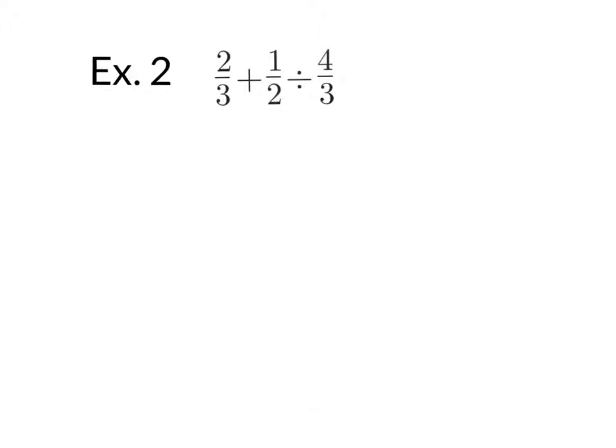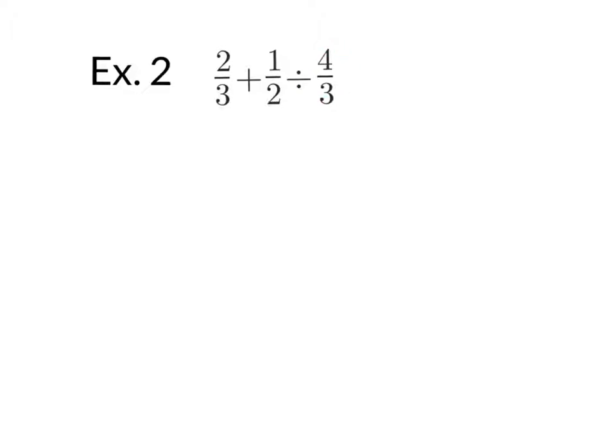In example 2, you'll see that we have a choice between addition and division, and given that choice, we would do any multiplication and division before we did any addition. So let's take care of this division, and you'll remember from our last example that dividing by a fraction is the same thing as multiplying by its